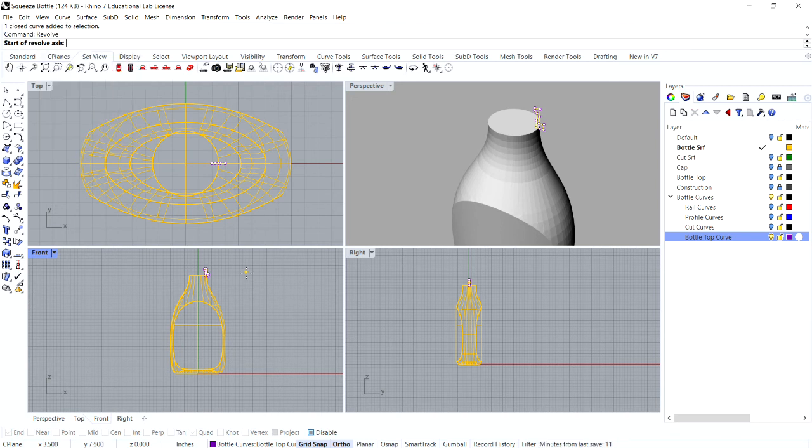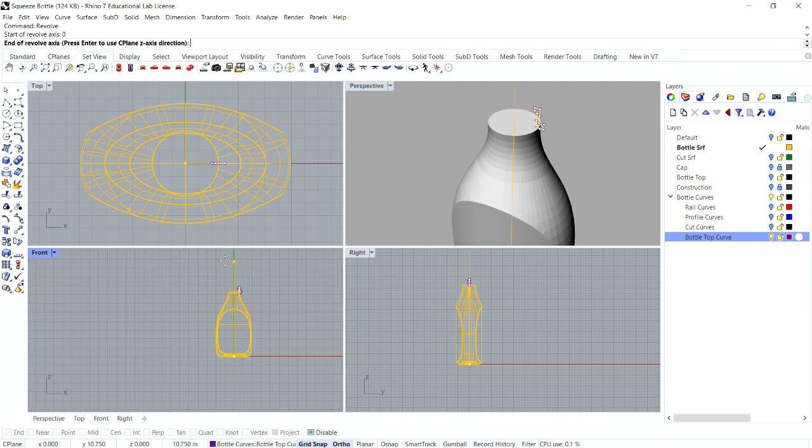And since I already had the curve selected when I initiated the command, it's already jumped to the next step of the command, which is the start of revolve axis. Right here, go ahead and type in the number 0 in your command bar and hit enter. For the end of revolve axis, pick another point that's either up or down from the first point that you established in the axis.